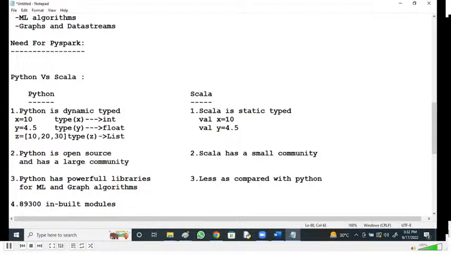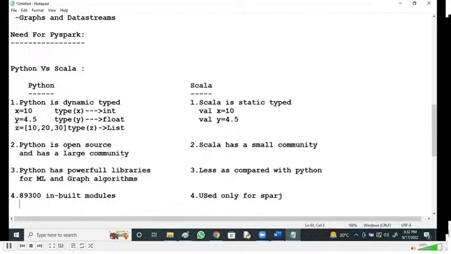But Scala is used only for Spark. So Scala is used only for the Spark environment, but Python is used not only for Spark, but also for various other applications like data science applications, animation applications, gaming applications, desktop applications, embedded applications, right?